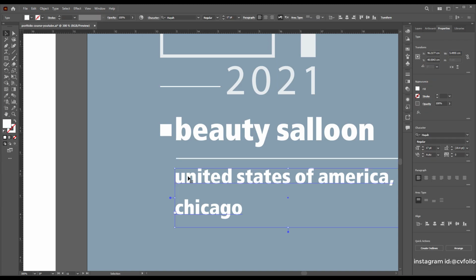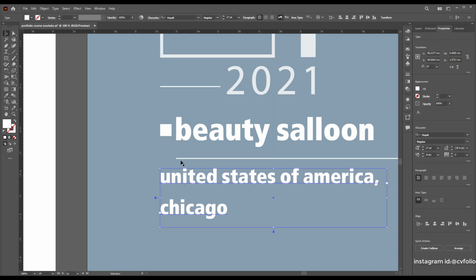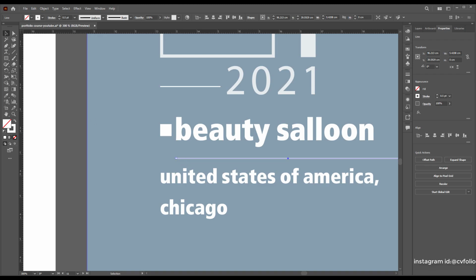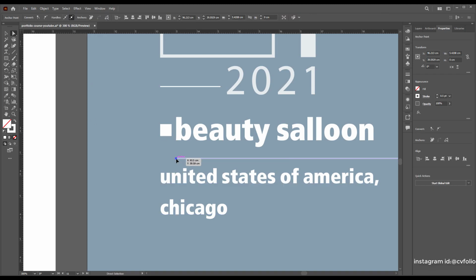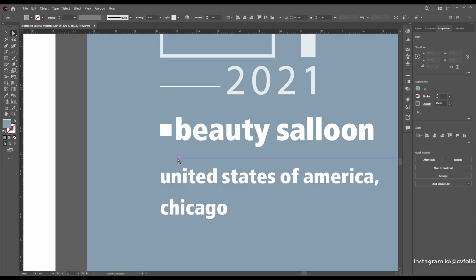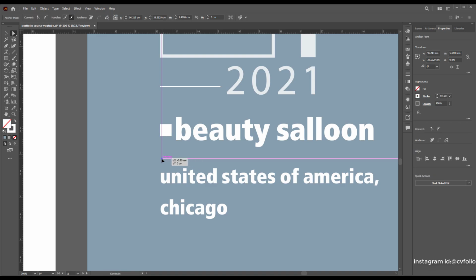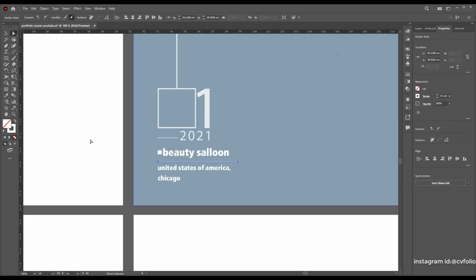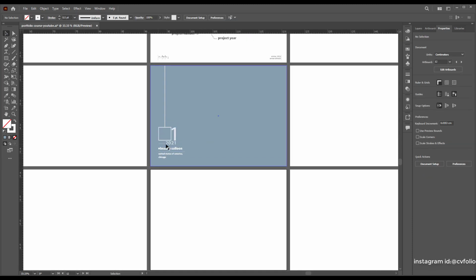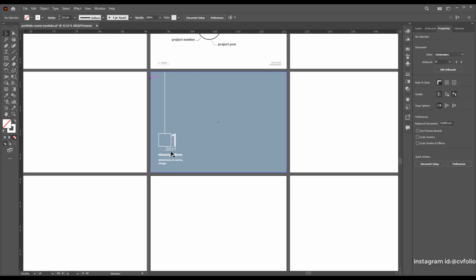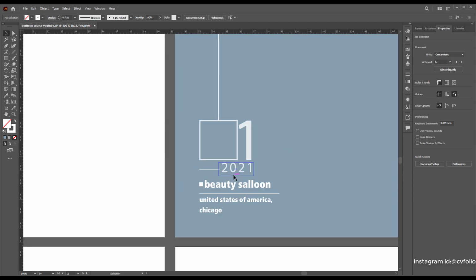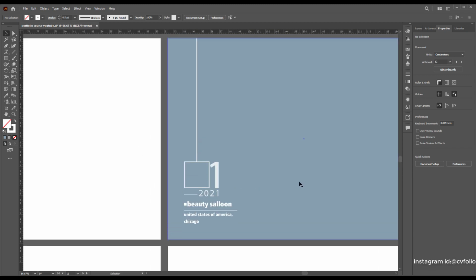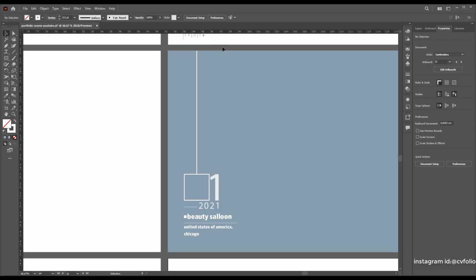We can bring this to here, and this line, the first point of this line, to here too. Okay. Now I have created my first project index, and now I'm going to click all of it